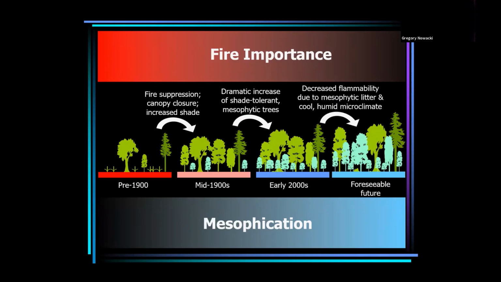Okay, now into the foreseeable future. We have basically decreased flammability due to mesophytic litter. We'll get into that shortly. And of course, because now we have these multiple canopies that have set up, an overstory and a dense understory or midstory of these mesophytes, we have these cool, humid microclimates that have set up. So getting fire back in these ecosystems when they're in